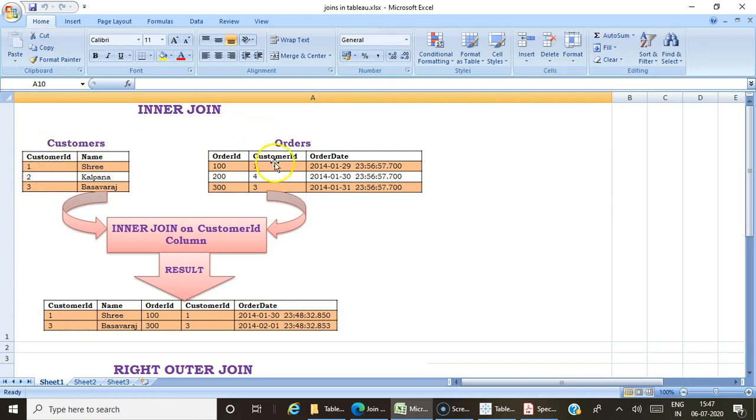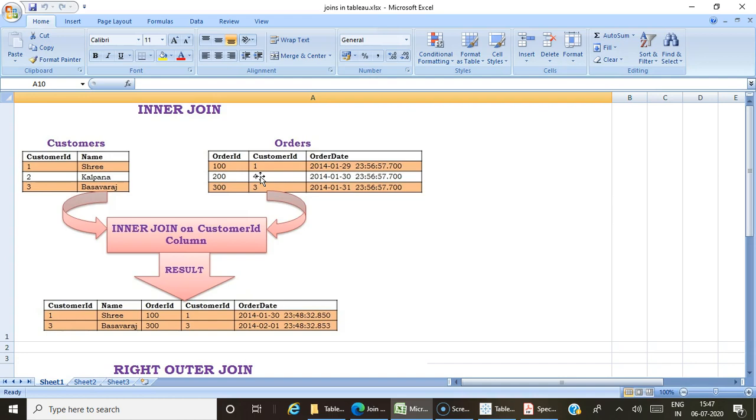The common column between these two is customer ID. So we can join these two tables only through that common column called customer ID. You can see here I have 1, 2, 3 in customer table, 1, 4, 3 in order table. So 4 is missing in the customer table and 2 is missing in the order table.